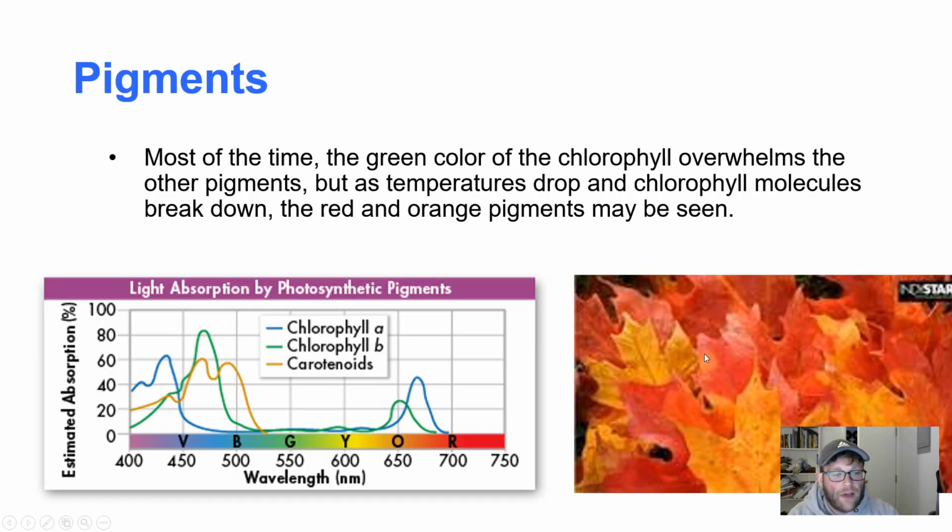So if we're talking about how those pigments are actually being conveyed, most of the time that green pigment is going to be overwhelmed. Your leaves contain so much more of it than any other pigment. But say winter comes along and we're trying to break down chlorophyll because it's relatively energetically expensive to produce. We know that during the winter we're not going to have as much light, so it makes more sense to break those things down, to store those for a time when you're able to utilize more of the light spectrum, like during the spring and summer when you have just more time in the day with light. And you can break those down, store those in the roots and inside the stems and things inside the plant